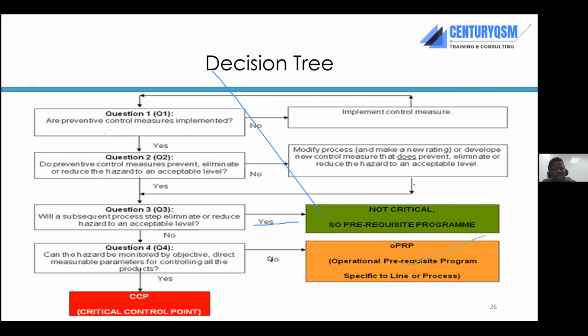What if your EBI fails and you have glass fragment inside of it, or you have a safety pin inside of it? Remember, your filling machine doesn't have the capability of detecting it. The filling machine is just imprecise. Anything that goes there, it just fills it. You understand? Your filling machine is not capable of sensing that if the EBI fails, or maybe the washer did not wash the bottle very well, then you now have